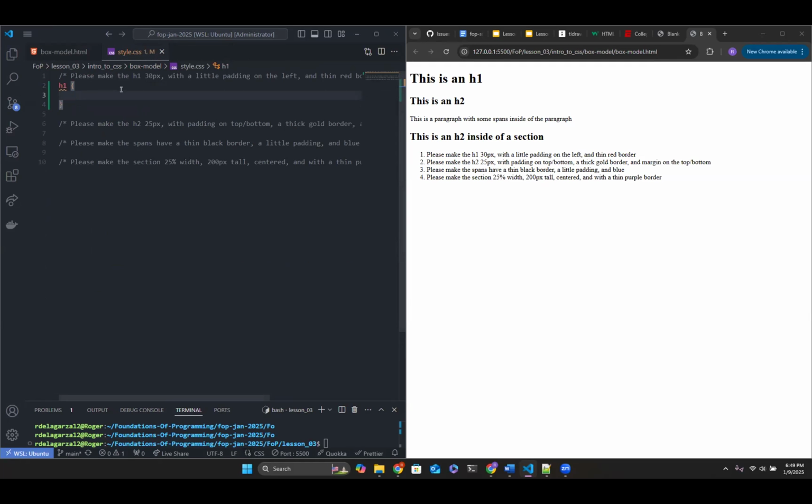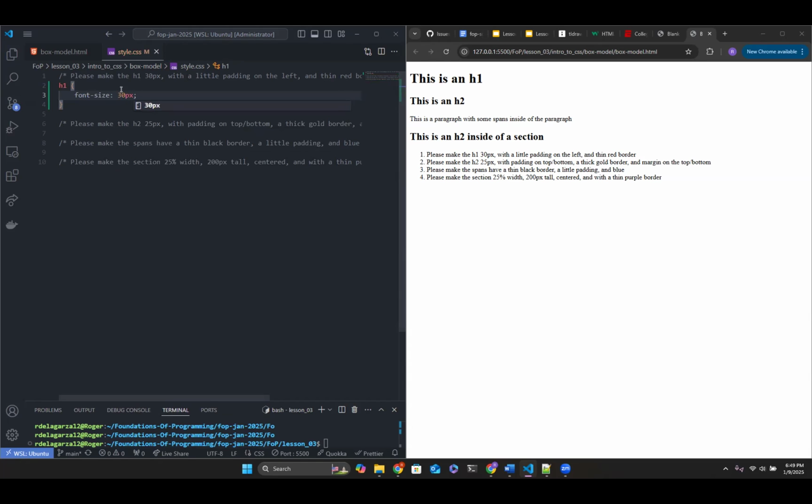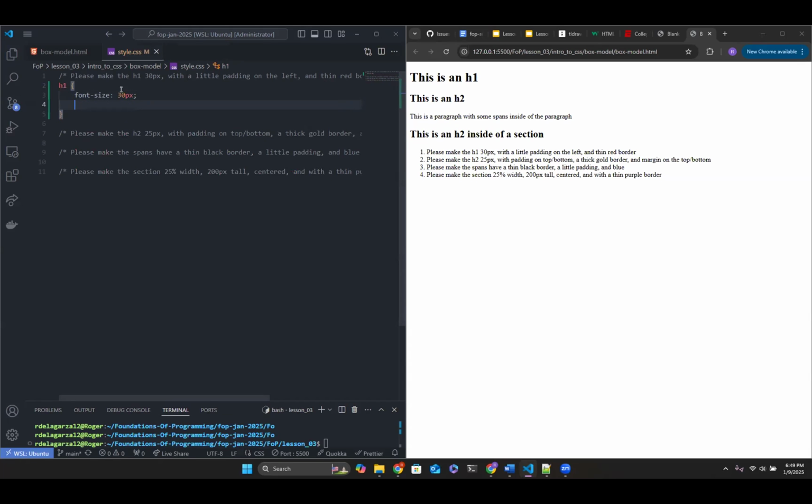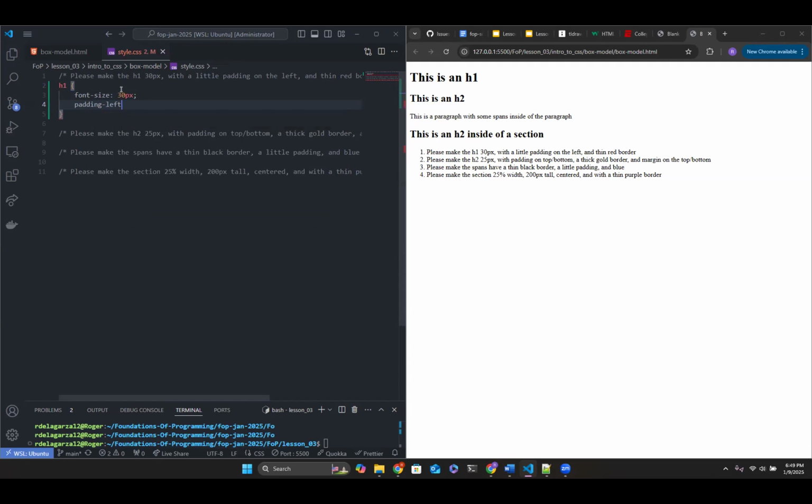With the H1 element here, the font size is going to be 30 pixels. We're going to put a little bit of padding on the left, so we'll say padding-left, and let's just go with 5. Let's do percent. We haven't used percent yet.